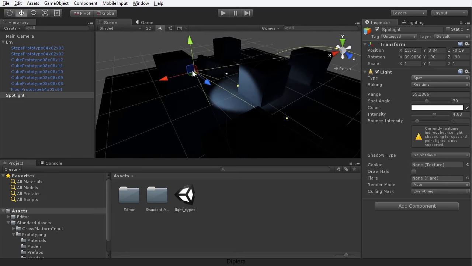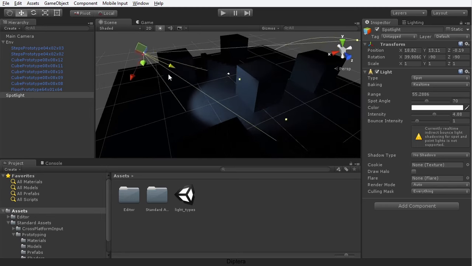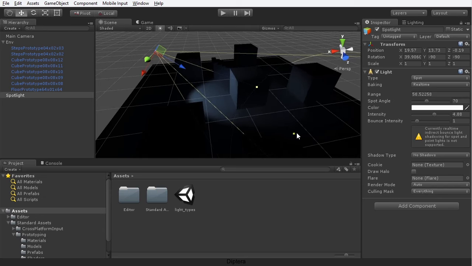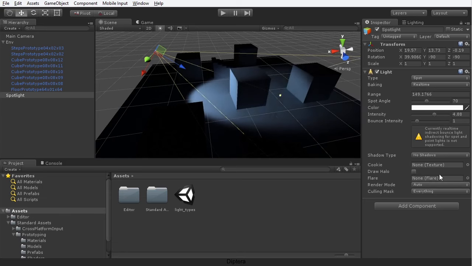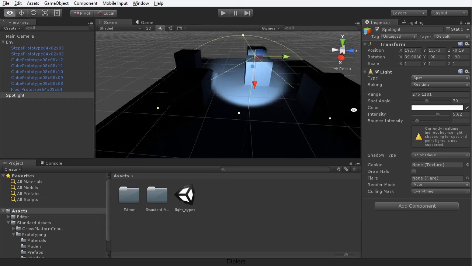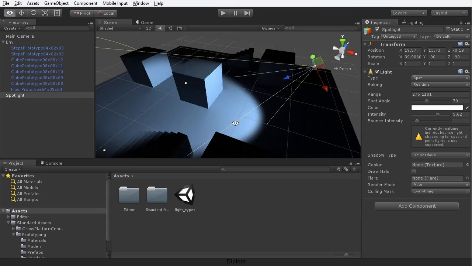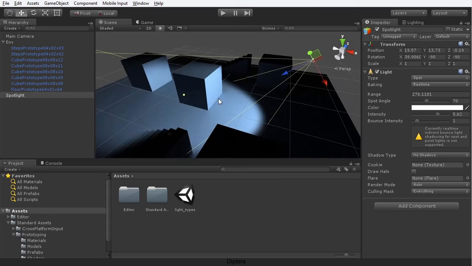I'm going to switch my coordinate space from global to local rather, and then just pull that spotlight out, something like that. I'm going to increase the range maybe a bit more by clicking and dragging on the bottom portion there, like so. Increase the intensity a bit more, and we get something like this. Now that's not looking too bad, but one thing I want to add to this light,